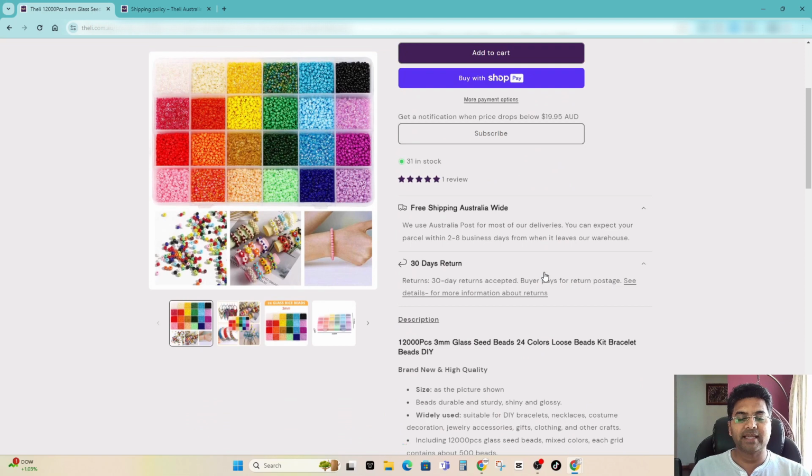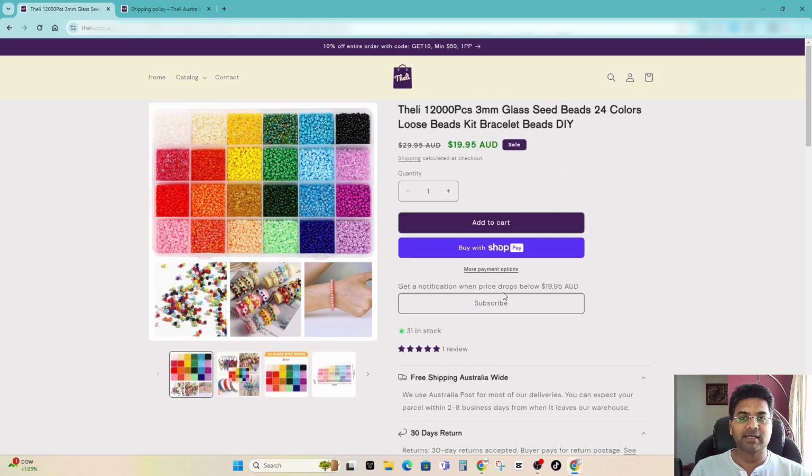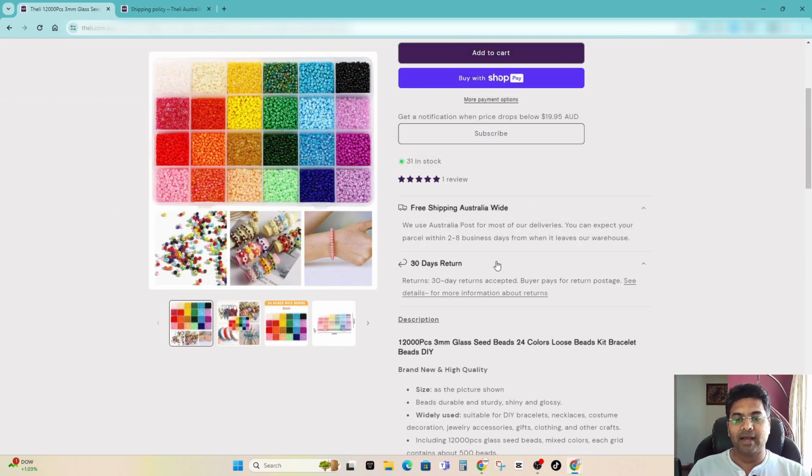Even though it's a basic and simple looking product page, doesn't matter. I know some of you might say, oh, I want to make the product page very fancy looking. Yes, you can go with that. There is nothing wrong with that. You can design your product page up to your expectation as long as it is well optimized in a way